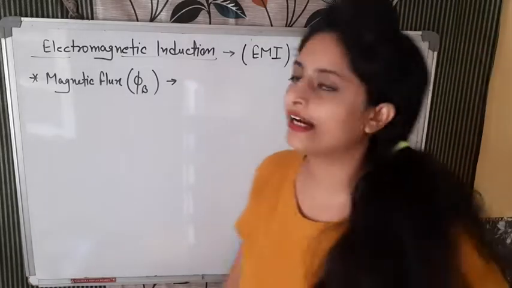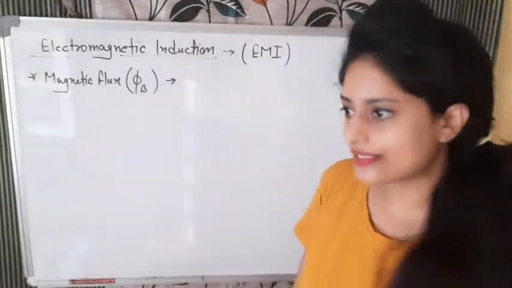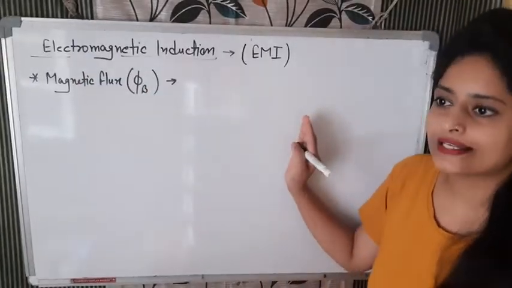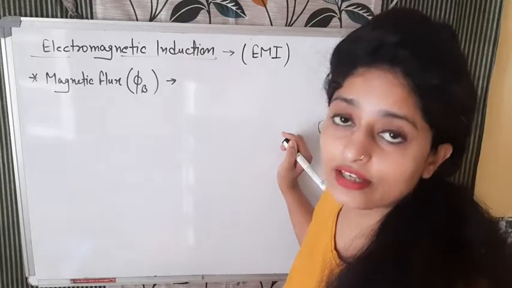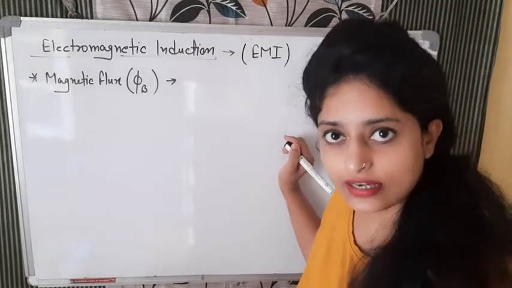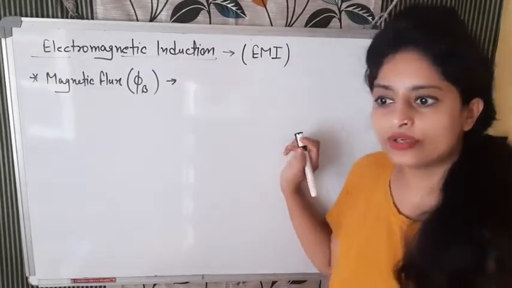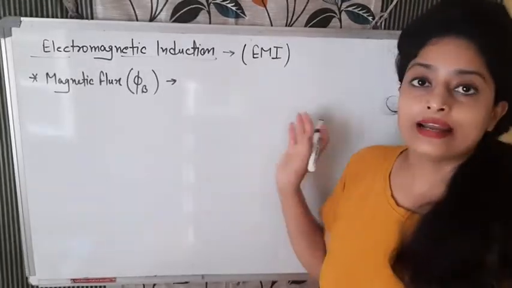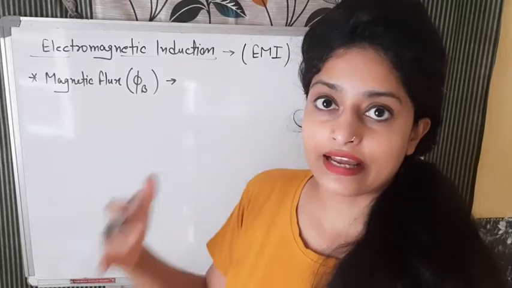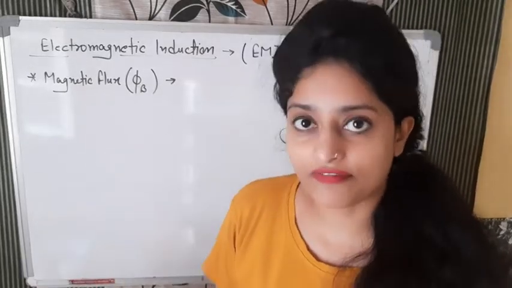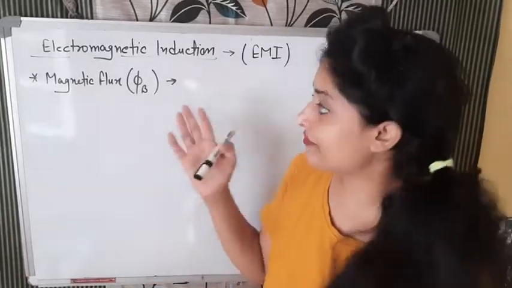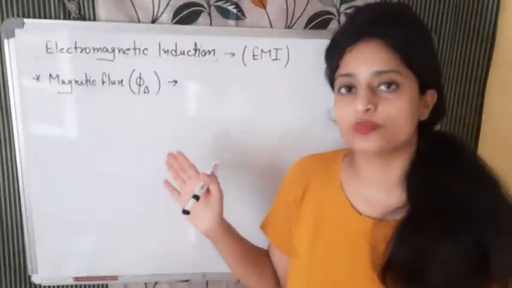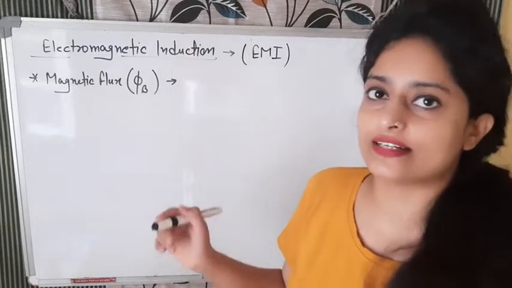Hello बच्चों, hi everyone. Today's class is related with the topic electromagnetic induction of class 10 chapter magnetic effect of electric current. Till now we studied about the DC motor, we studied about solenoid, we studied that how electricity is helping in producing magnetic effect, magnetic field. So now we will study how magnetic field is also helping to produce electricity, to induce electricity.